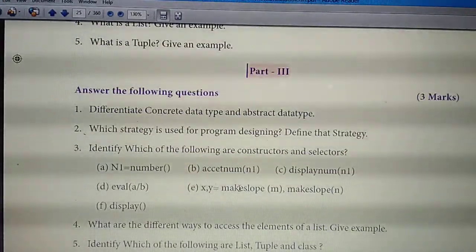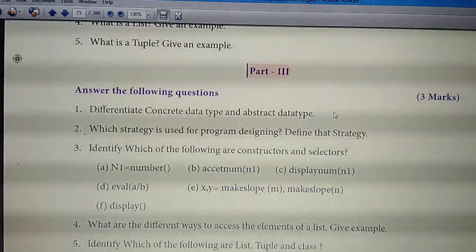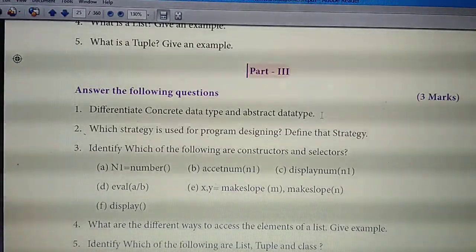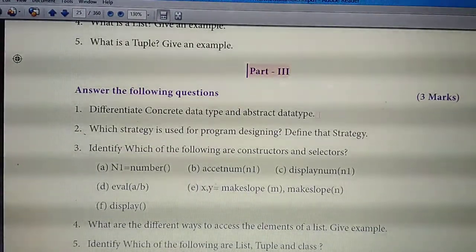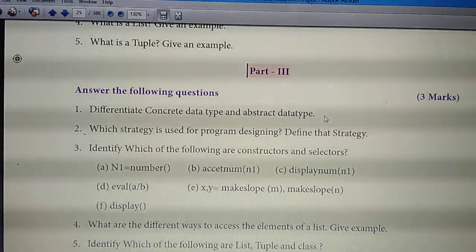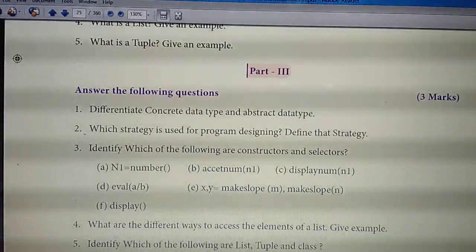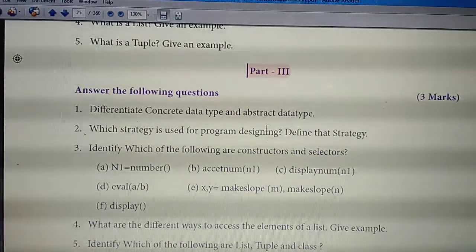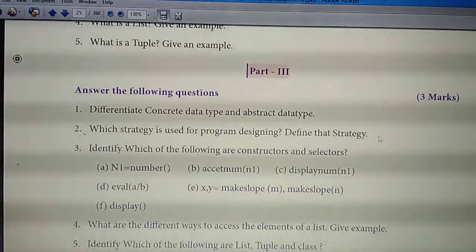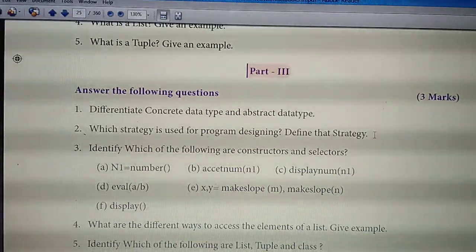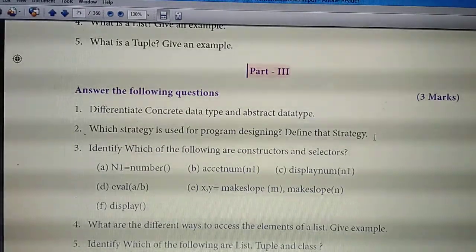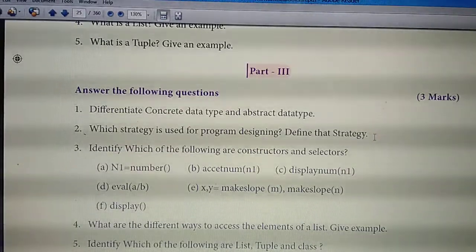Then three more questions, write the page number, okay? First question: the exact answer is not given, but it is inside your book. So you should write that answer in your computer notebook, or take a piece of paper, write it and paste it. Second question, afterwards we can write. Second question, page number 14. Have you written page number 14?